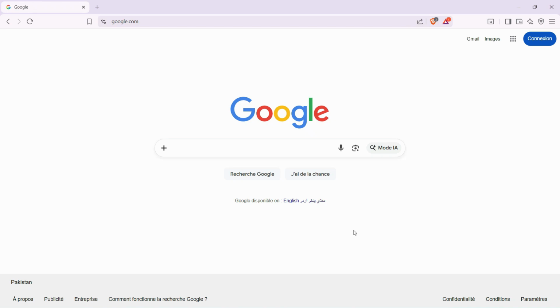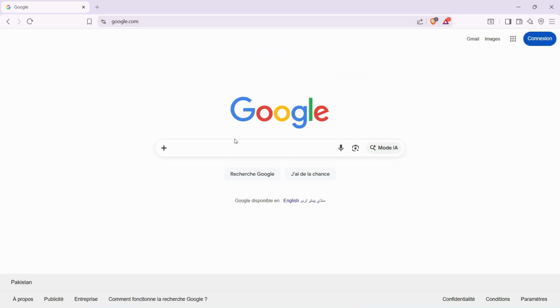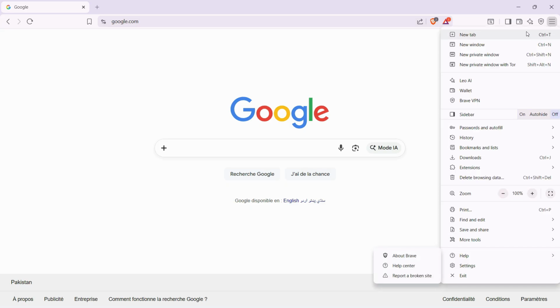In this video, we are going to see how we can change the default language in Brave browser to something else. Like, let's say French is your default language and you want to change that in Brave browser, how we can easily do that. So for that, just click on these three lines at the top right